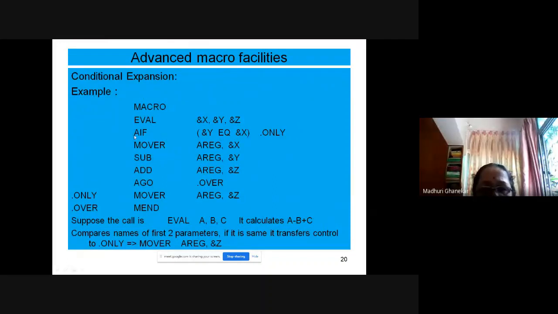Then the conditional expansion. Here typically we use AIF. We discussed that the expansion without it is actually performing the same as A minus B plus C. In some other macro, I think we had already discussed the simple performance of this A minus B plus C. Or you can make use of the same thing inside the conditional expansion. So both ways it is possible. Whichever way you prefer, you can use it.